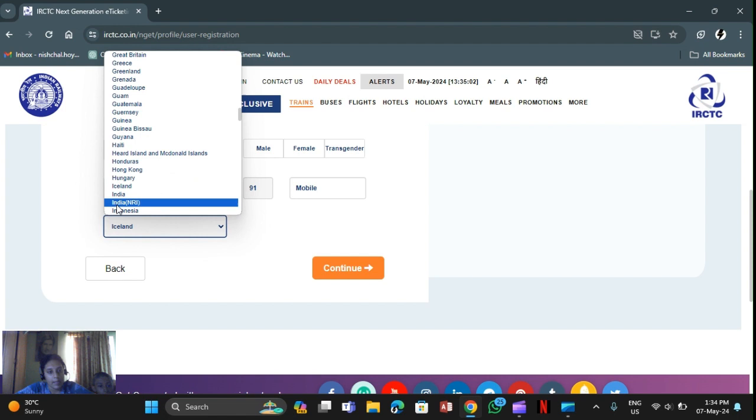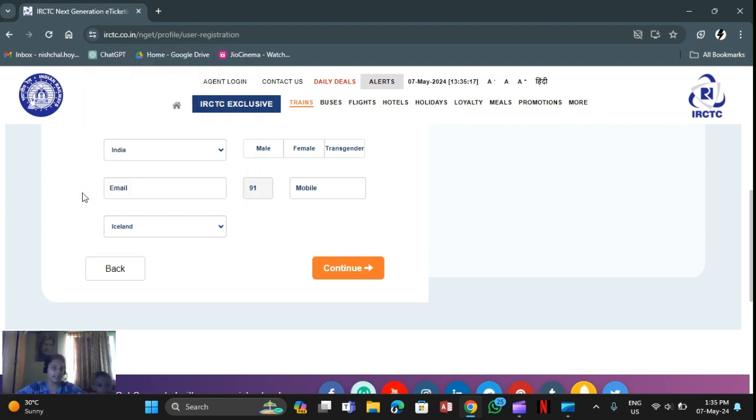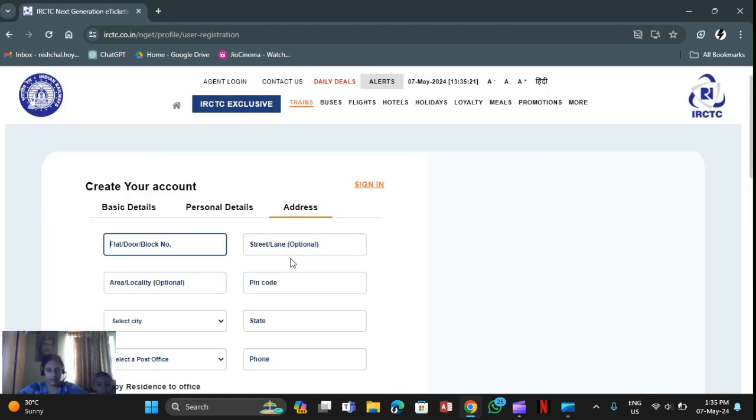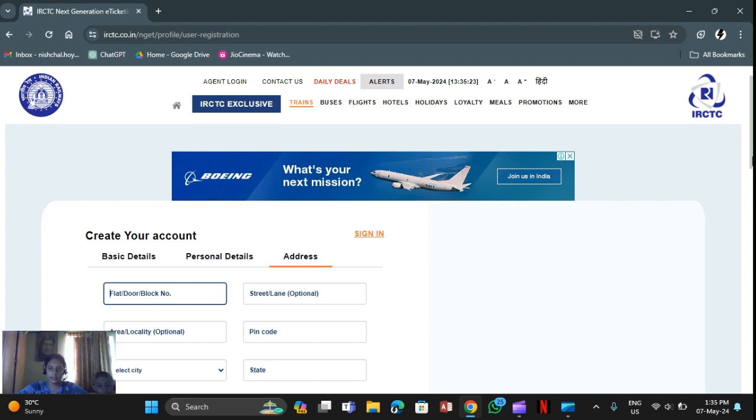So here is the main part. It's like NRIs, non-resident Indians. The people who come from America, they start creating their accounts. So all these things are going on. This is India, standard Indian resident. Next, you should go to your address here. So if you go there and click continue,